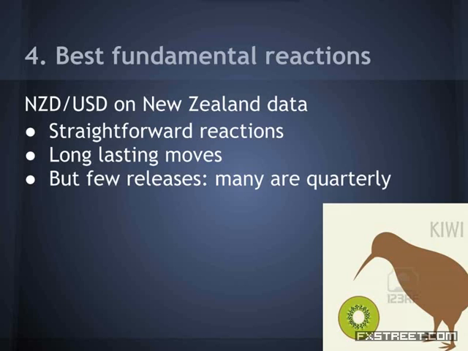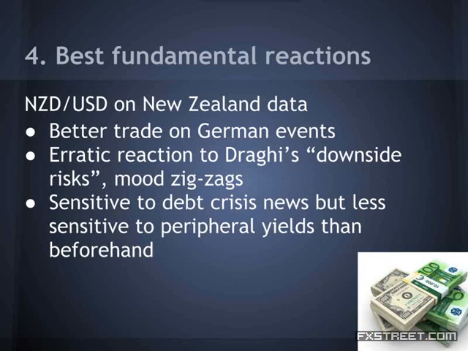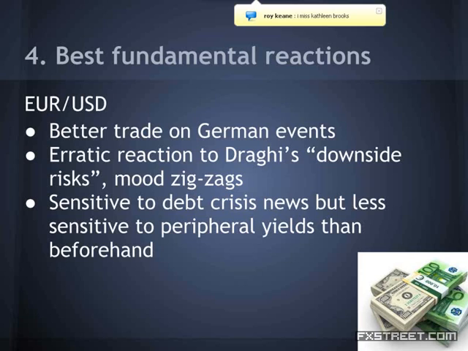And euro dollar. I think it's better to trade on German events. Despite today's movement, many people still see the euro as the new Deutschmark, and Germany's big surplus on trade is also important. So I think it's better to trade on German releases such as ZEW, IFO, even trade balance sometimes, and of course the GDP, which we have tomorrow morning here in Europe. In many cases, it's better than all European events.